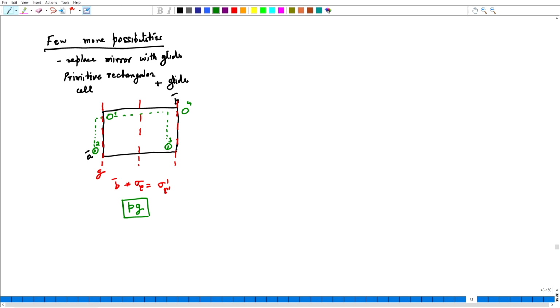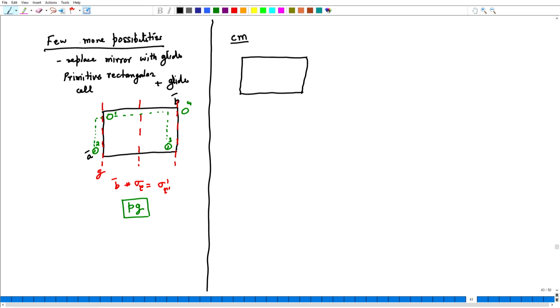Now, since I could do this to the plane group P m, I could do this also to the plane group C m. After all, what was my plane group C m? If you recall, again it is a centered rectangular lattice this time, and I add a mirror along this.